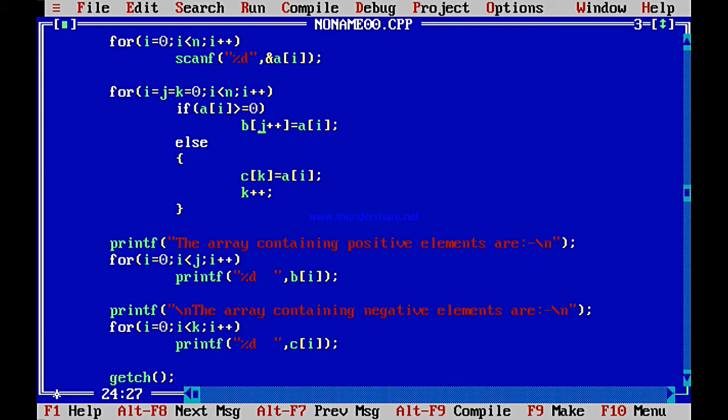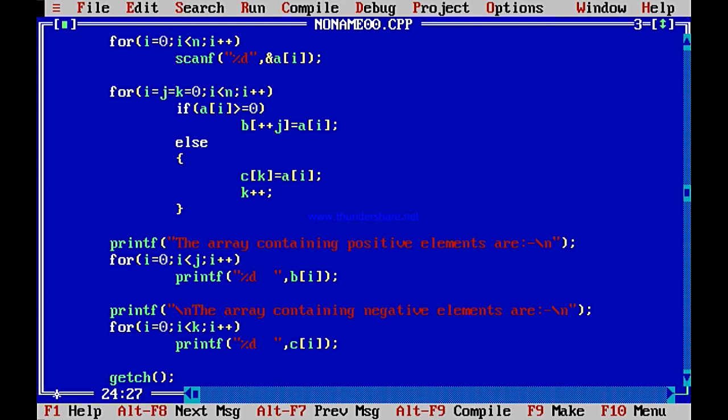Now this could have been done in other way also. Suppose it could have been written in other way also, but not in this case. This case it will not work. But if we write B++ J, then what will happen is, firstly J will increment and then the copy. Suppose J comes with a value of 0. Then B++ J equal to Ai will mean Ai will be copied to B1 because the plus plus will happen first. Here you are seeing plus plus first, increment first, J you have entered with 0. B++ J equal to Ai will mean that firstly plus plus J, make J 1, then copy Ai to B1.